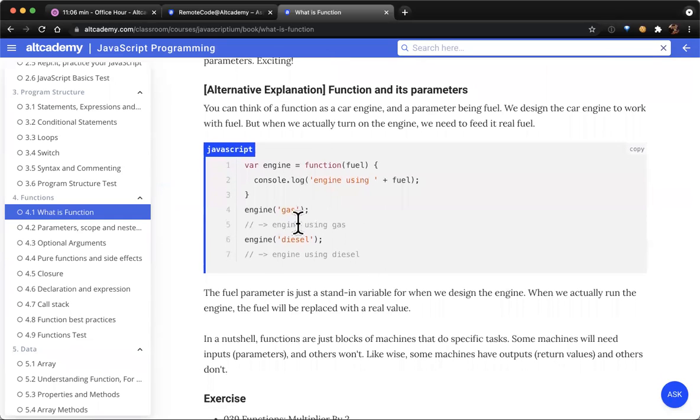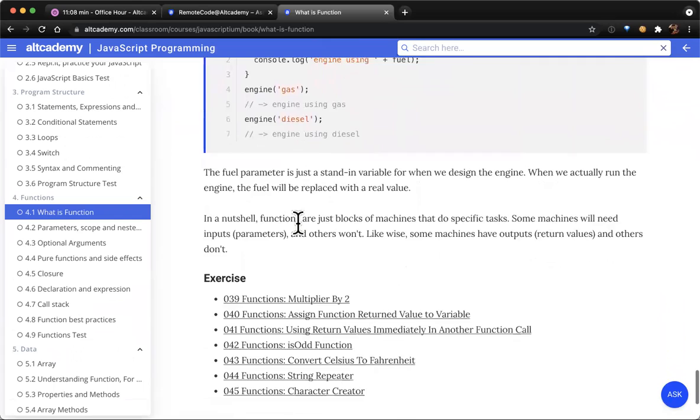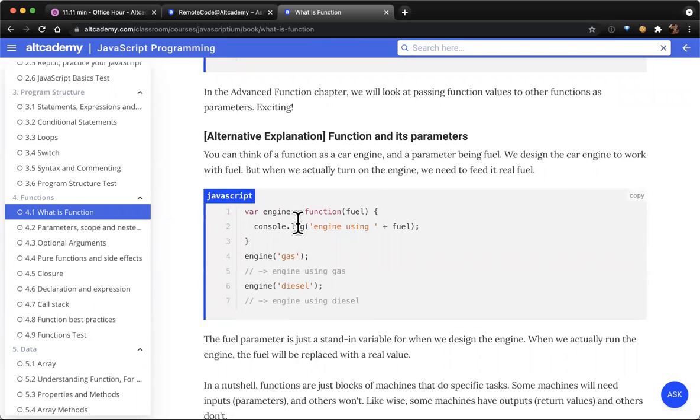The important thing about parameters that you have to understand is that when you define the function, the parameter name should make sense.